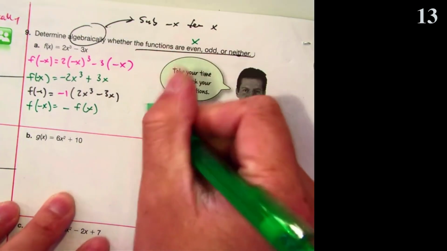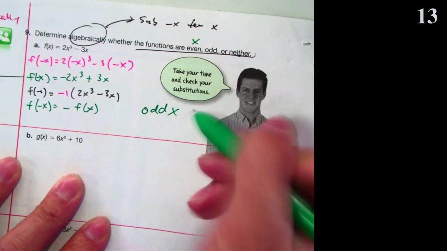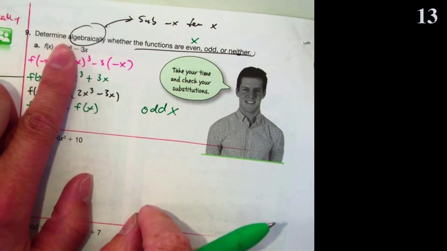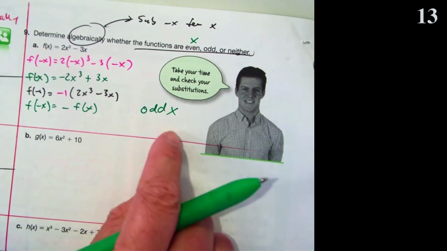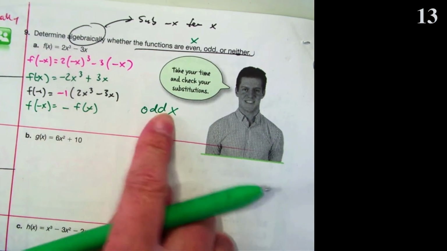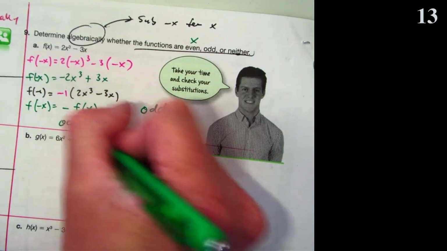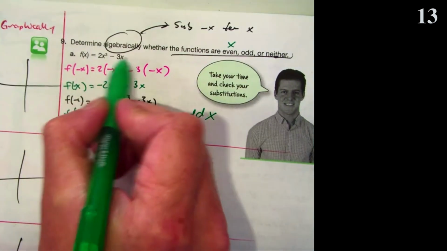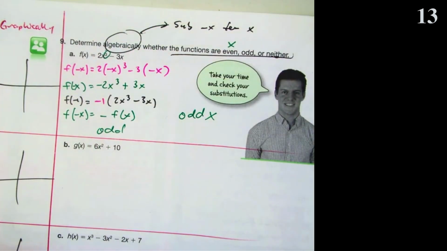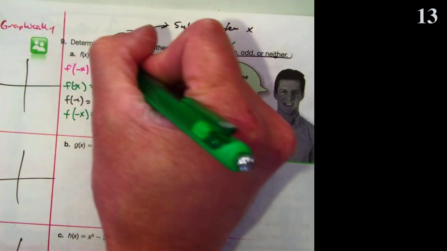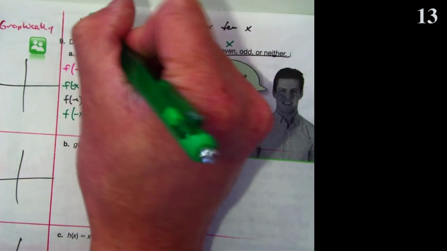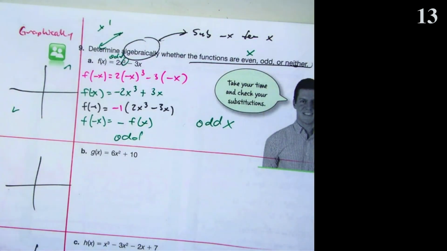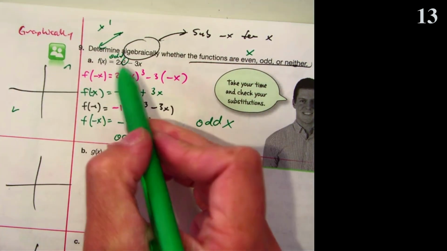And that's why I have this phrase called odd x. You substituted negative x, and I say odd x, you get the original problem, it's going to be an odd function. If I use end behavior to kind of give myself a quick sketch, the highest degree is the power of 3. That is an odd. Odds look like linears, right? X to the first is an odd. So I know I'm going to start down and up, because it's to the third power,